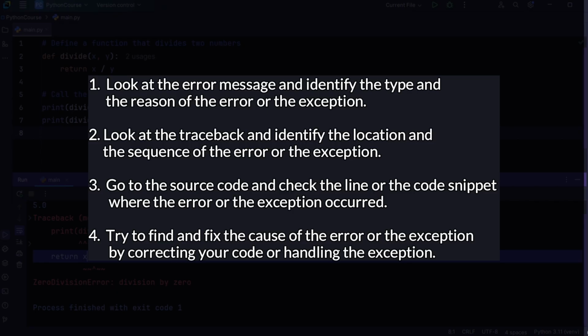Look at the error message and identify the type and the reason of the error or exception. Look at the traceback and identify the location and sequence of the error or the exception. Go to the source code and check the line or the code snippets where the error or the exception occurred. Try to find and fix the cause of the error or the exception by correcting your code or handling the